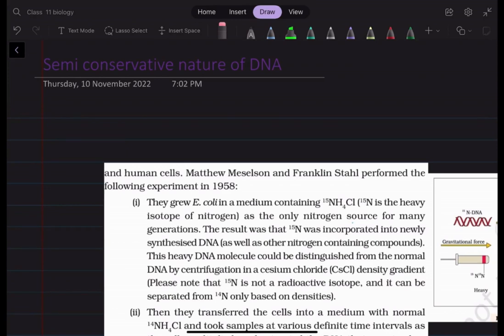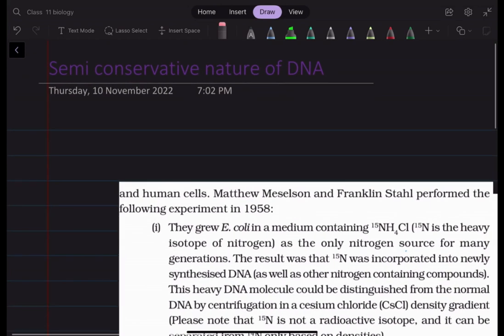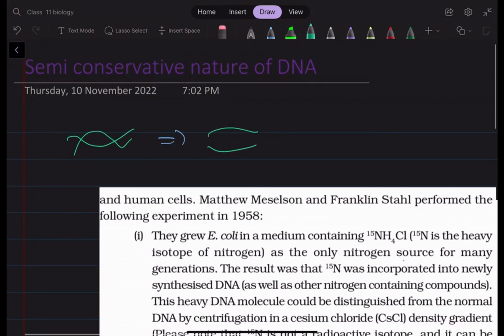Before going to replication, let us first understand the semi-conservative nature of DNA. So what does the semi-conservative nature of DNA mean? Let us take a DNA strand over here. Whenever replication takes place, the DNA strands temporarily detach, uncoil themselves, and a new strand of DNA is formed over the previous strand of DNA like this,